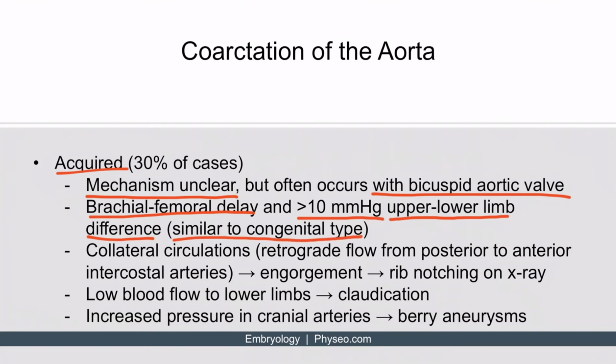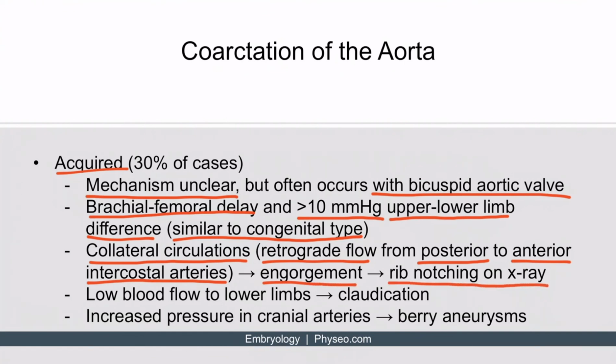Now here's where the two types deviate. Since the cardiovascular system in an adult, or even a child that's not brand new, can adapt, patients can develop collateral circulations. An example of a collateral circulation is retrograde flow from the posterior to the anterior intercostal arteries. This can lead to vascular engorgement, and it can also damage the ribs, which can be seen as rib notching